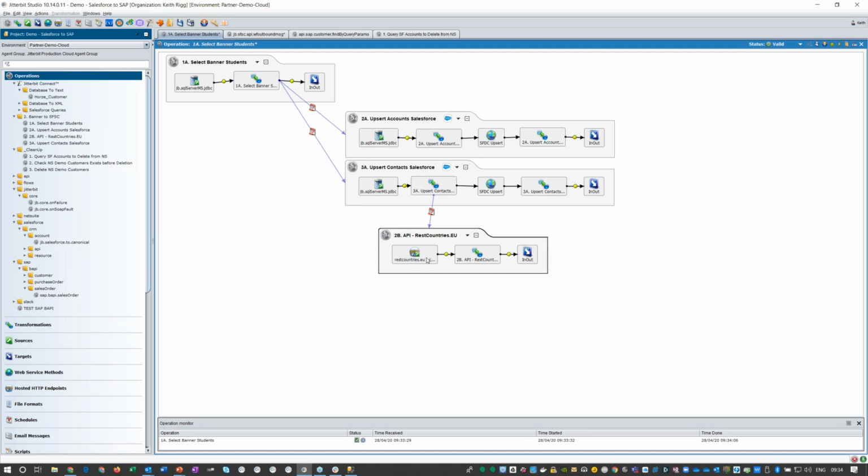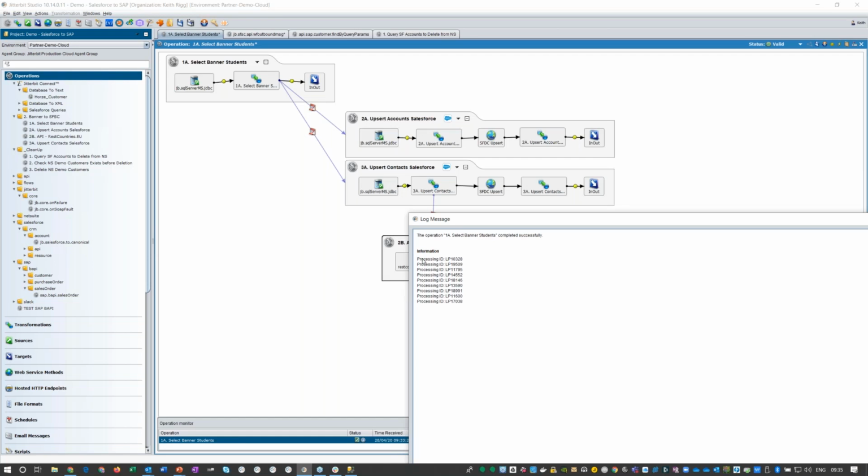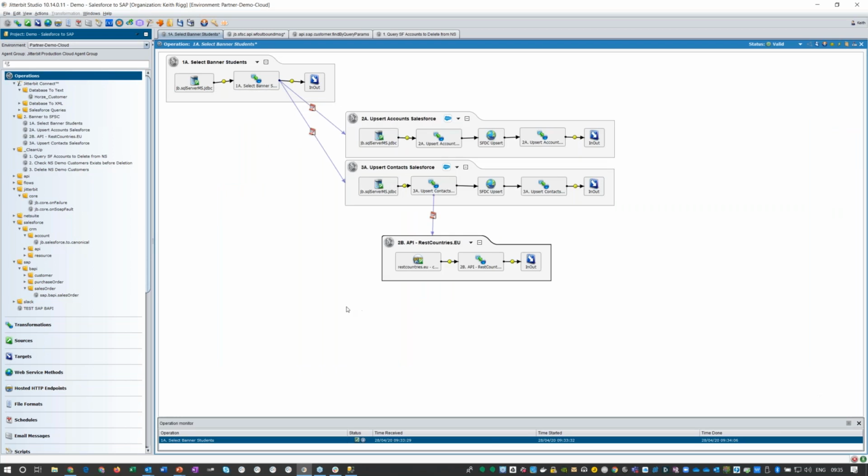And what it actually does is take the 2-digit ISO code and then transform it into the full country name. So it's just a way of showing you how you can use a third-party data source as an enricher. And you can see, obviously, the operation is finished. These are the 9 IDs that we've processed, that we've looped through. So that was the first operation chain as a flow.